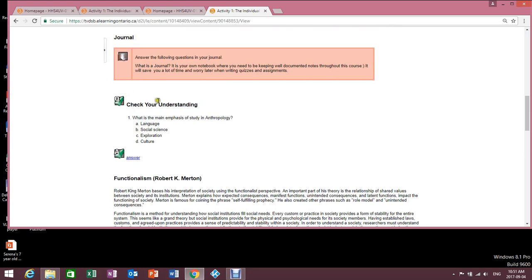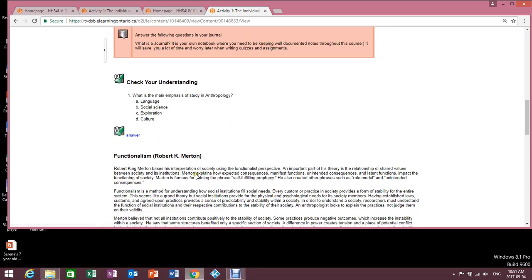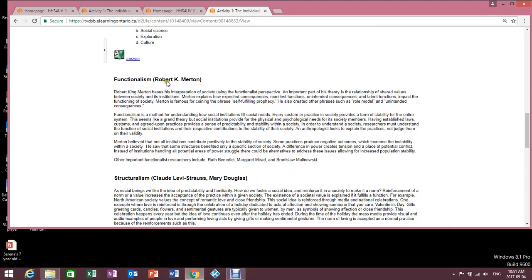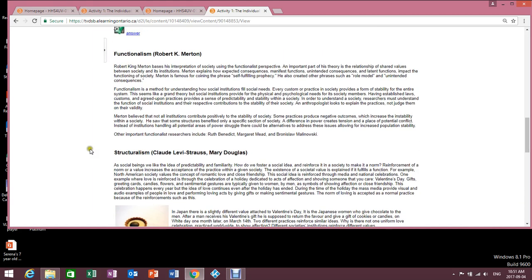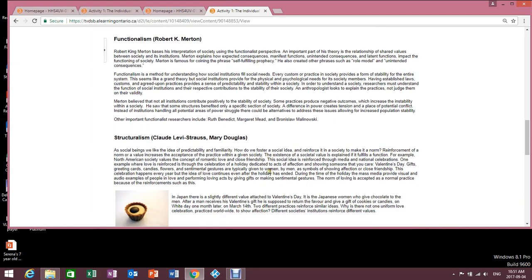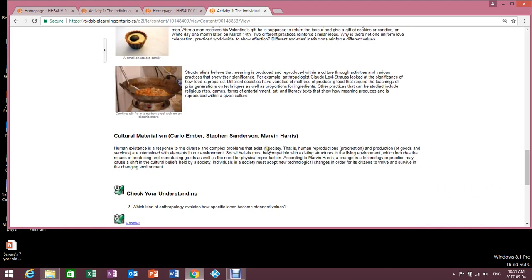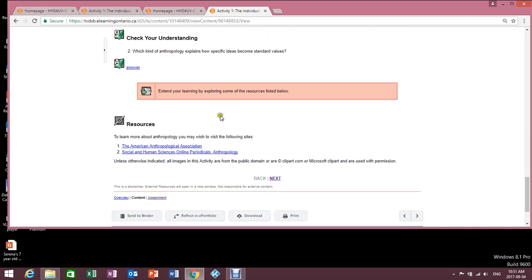Okay, there's also little kind of quiz bits that you can do to make sure you're understanding things with answers associated. Okay, you know, things like functionalism, structuralism, these are also definitions you should have written down, you should be keeping track of. So anyway, you're going to go through all the content. Okay, there's associated links. I apologize if these links have become outdated. I've gone through them a couple of weeks ago, but sometimes they do become outdated even after that.